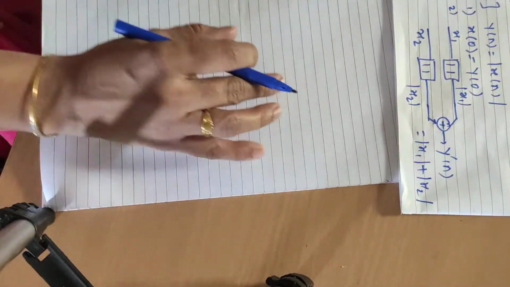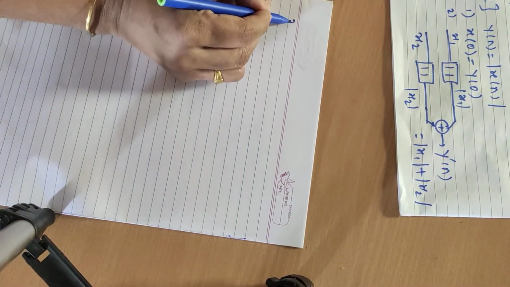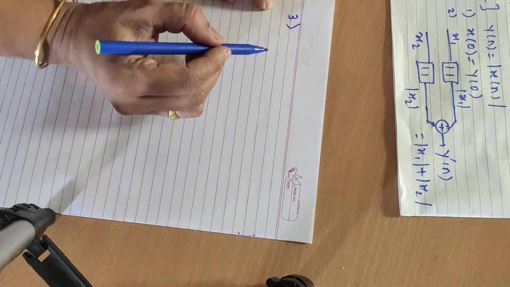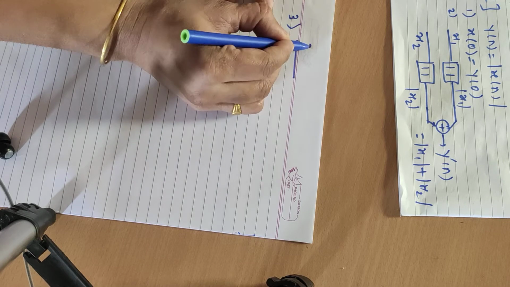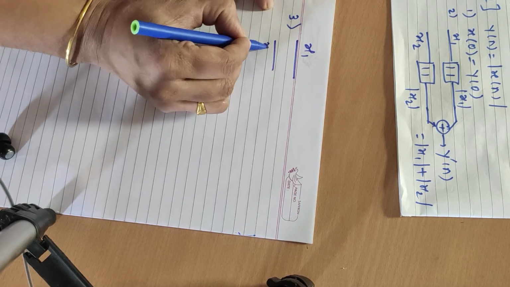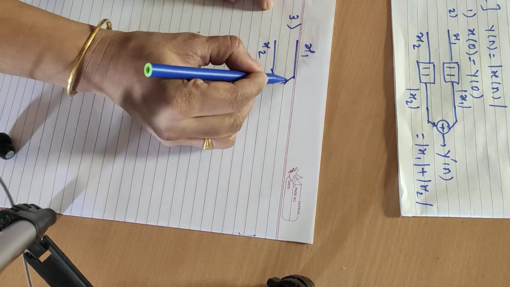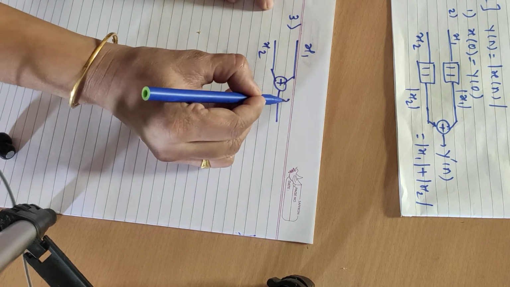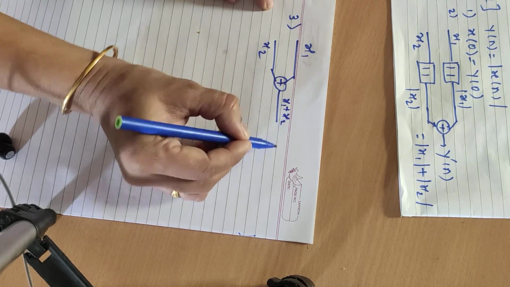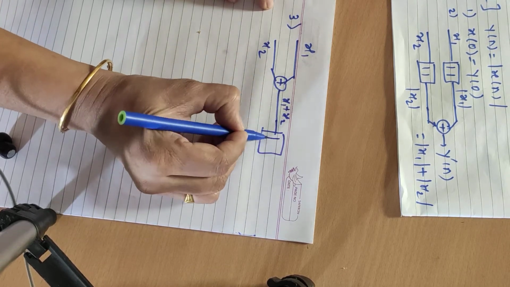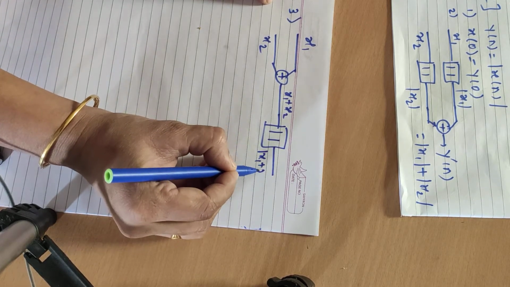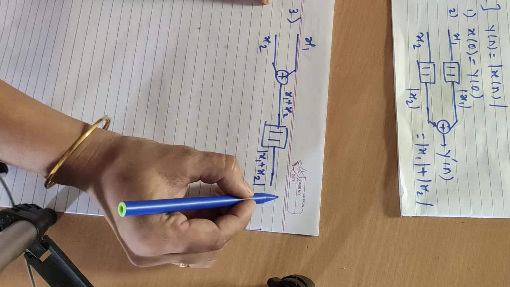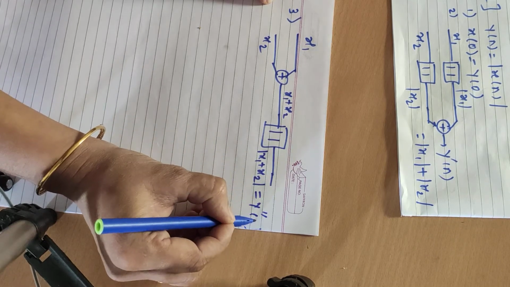Third step, now combine the inputs first and then apply the operation. x1 is the first input, x2 will be the second input, combine the inputs first. So here we will get x1 plus x2, then apply the operation, which is mod. So here we will get mod of x1 plus x2. Are you getting it? And this will be y double dash of n.